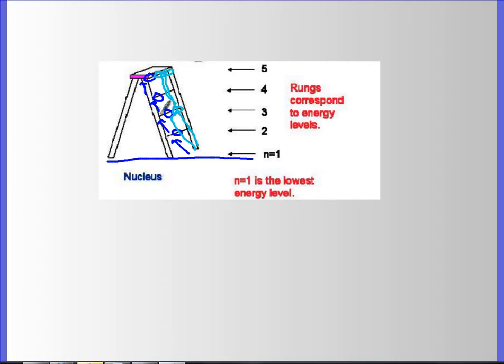But the point is, you are not the Wicked Witch of the West. You cannot hover between energy levels. So you must be on an energy level. You can't be between. This is a quantization of the energy levels. So as you increase energy levels, you're taking energy to get there.